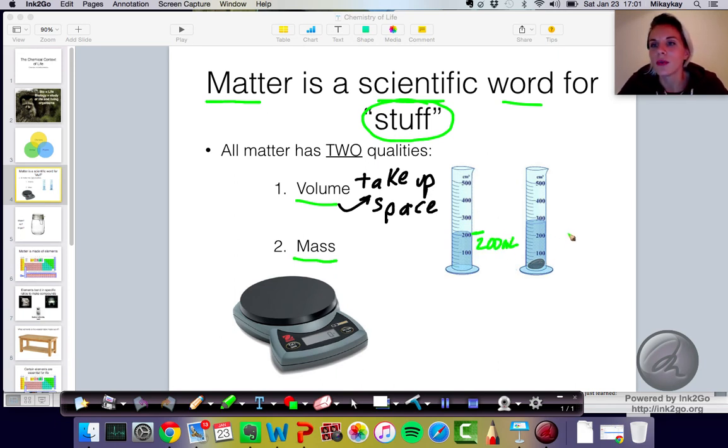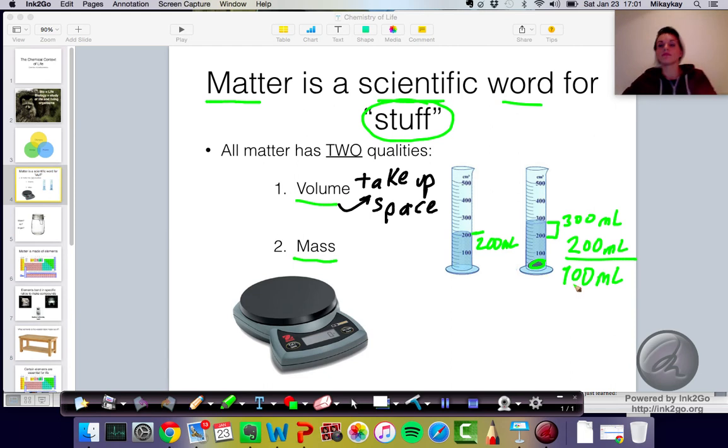And if we put, I think that's a rock, something in it that sunk, our water rose up to 300 milliliters, right? So the water level went up because of this thing that we put inside of it. We did not add more water, we just added that rock. And so if we do our 200 milliliters subtracted from that, our rock has a volume of about 100 milliliters. That is its volume. That is how much space it takes up, right? That is a simple way to measure volume, but it's one way to think about it. How much space something takes up.